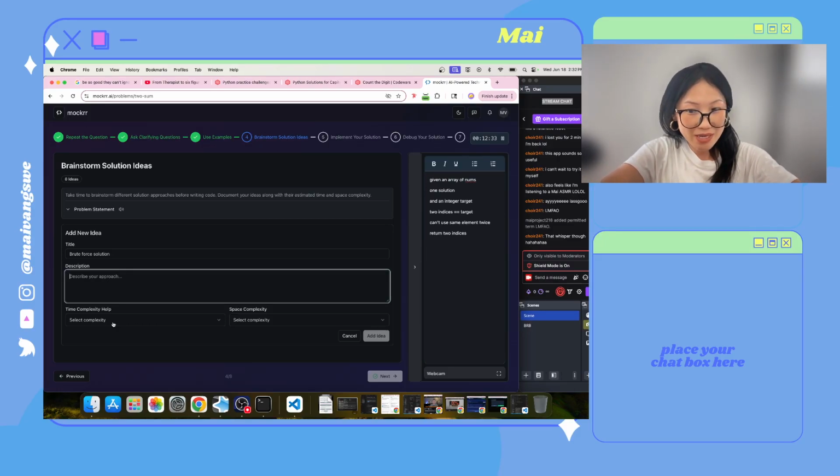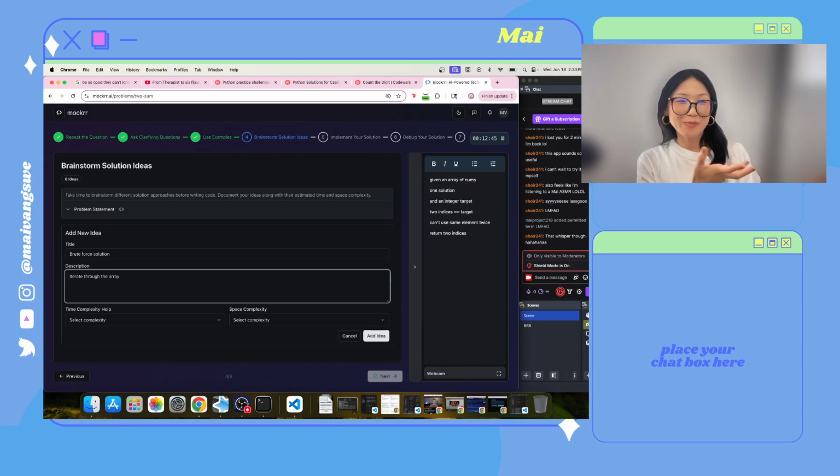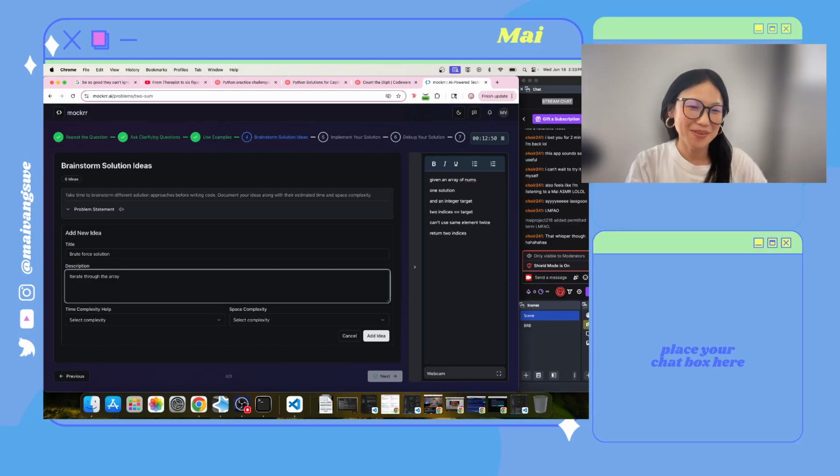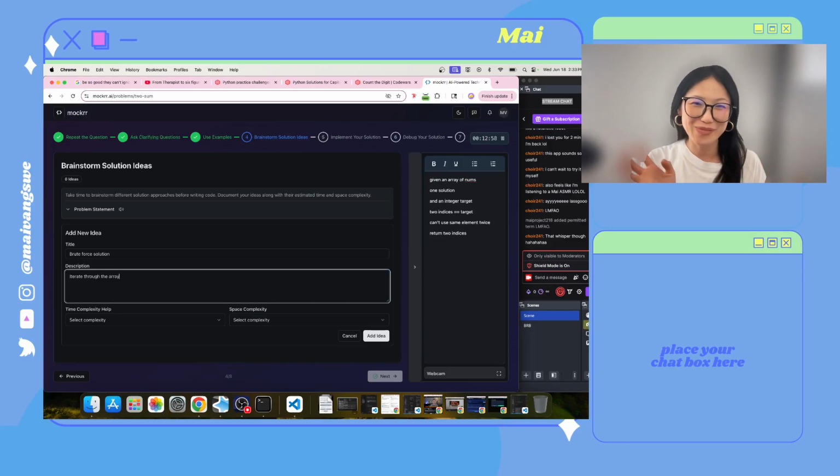Okay, so what we're gonna do is go ahead and iterate through the list, the array. I want to be careful how I use list and array interchangeably for Python purposes, because I code in Python, but in this example I'm gonna use array, though generally I would prefer the terminology of list for Python. But I think it might yell at me if it is stated a list. So we're gonna iterate through the array, and then we're gonna